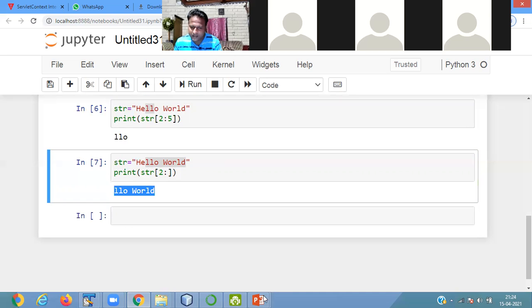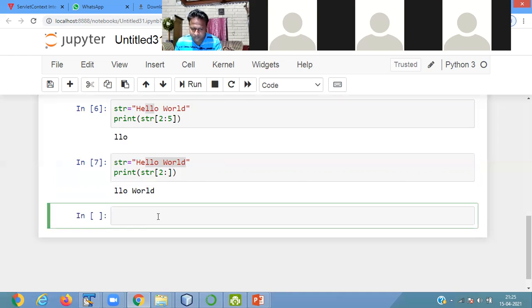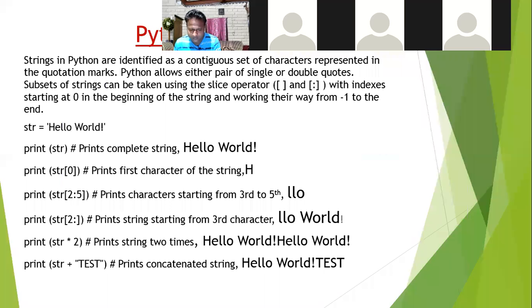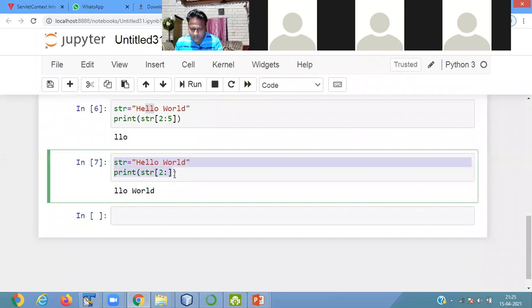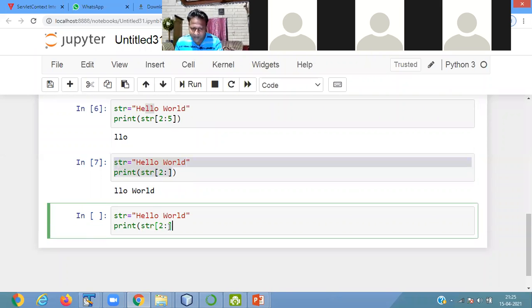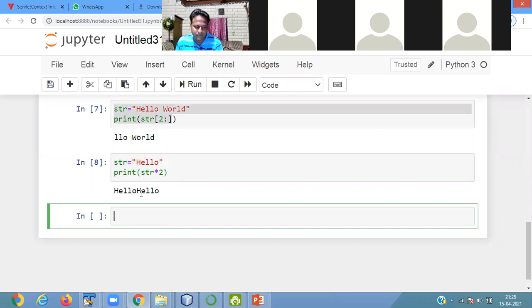Then in string, suppose I pass here hello, then here I pass string into 2, it is showing you hello hello 2 times.